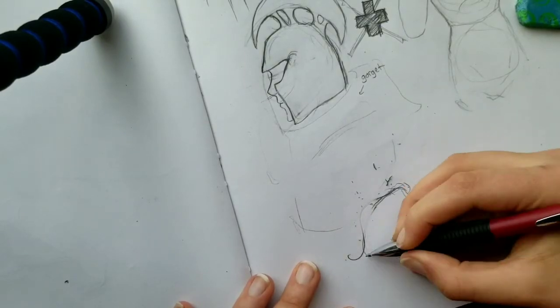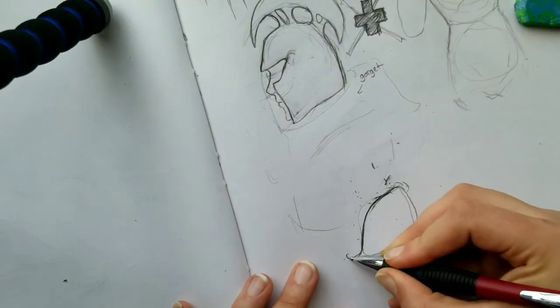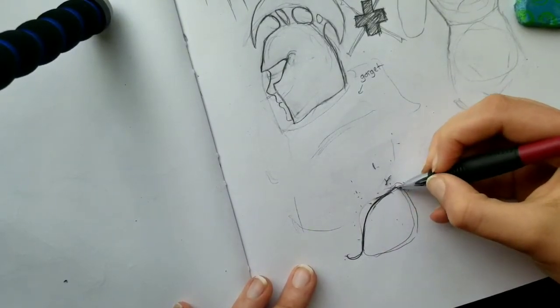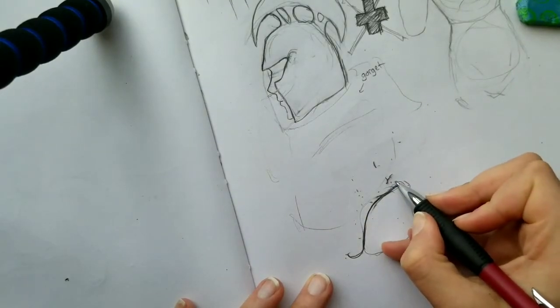So it'll be simple like that. I was thinking maybe this can be engraved into the pauldron. There can be like,